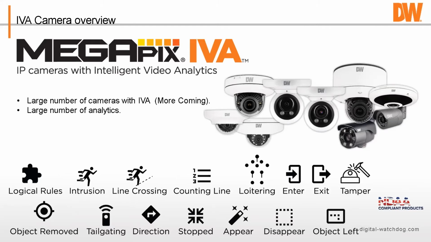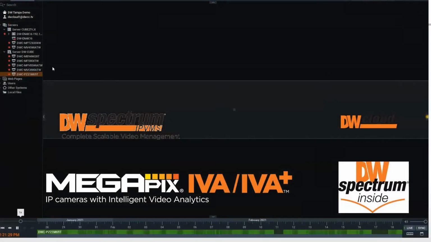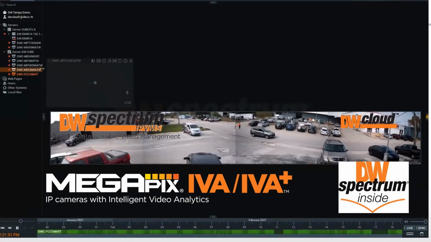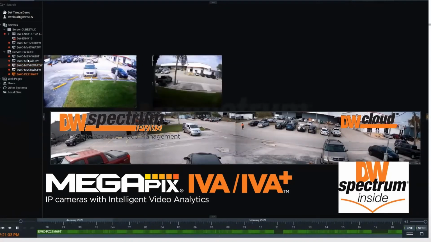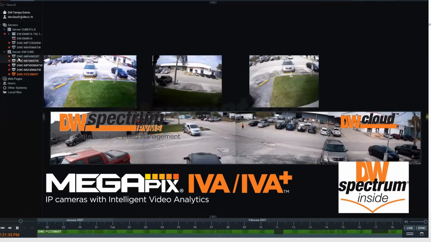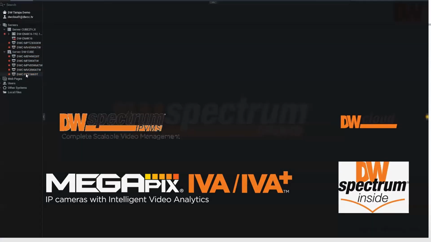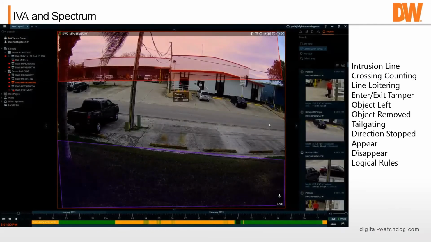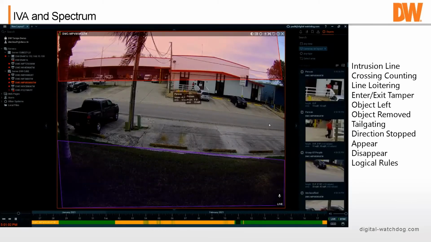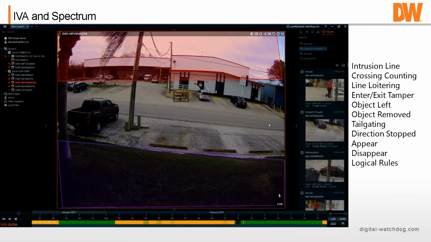Anyway, let's talk a little bit about IVA. IVA is our on-the-edge analytics, as I talked about before, that Spectrum can see and manage. These analytics are intrusion, line crossing, loitering, enter, exit, object left, object removed, tailgating, direction, stopped, appear, disappear, and what we call logical rules,